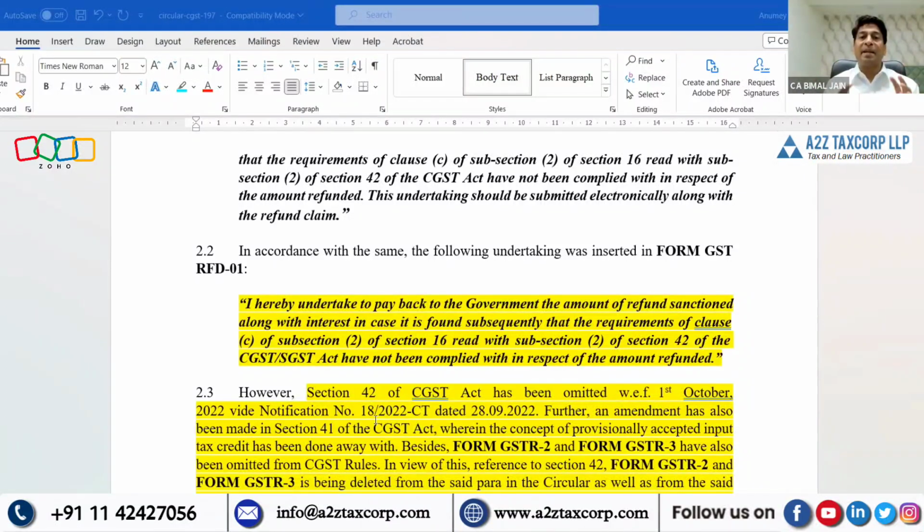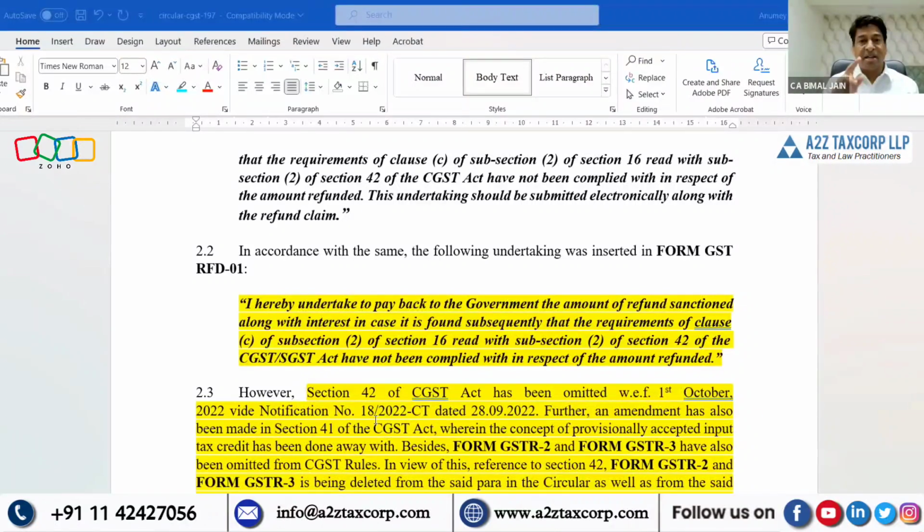So the applicant who is filing a refund claim is saying, I hereby undertake to pay back, refund the money to the government, the amount of refund sanctioned along with interest, in case it is found subsequently that the requirement of clause C subsection 2 of section 16